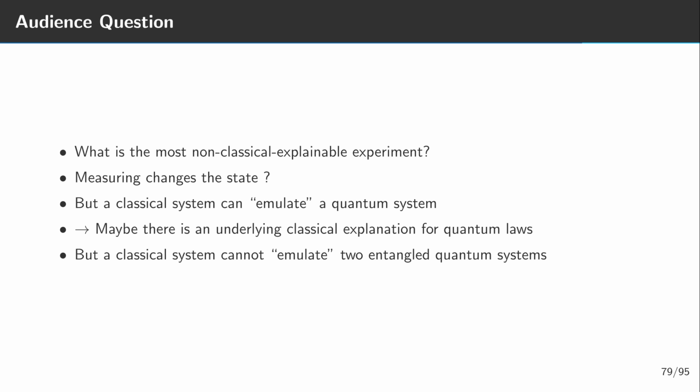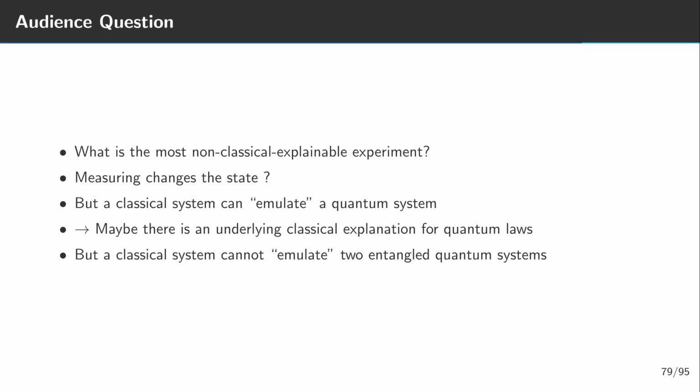But I disagree with it being the most unexplainable unclassical fact. This is because one could argue that there might be an underlying classical reality that we just do not know yet. Maybe it's not the measurement itself that modifies the system, but the way that we measure it. Let's look, for example, at one typical example of the system that changes under measurement: the spin of a silver atom. Usually, we measure the spin by sending the atom through a magnetic field. If you measure the spin along one direction, then measure the spin along another direction, and then along the first direction again, we sometimes get a different value.